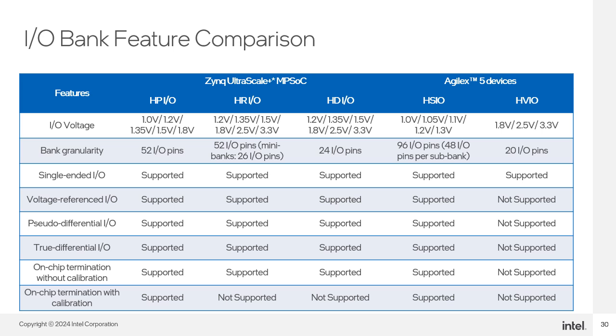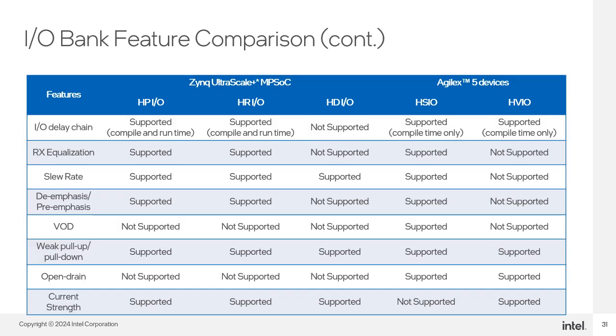The I/O types are mainly comparable between Zynq UltraScale Plus and Agilex devices, but the I/O standard varies. Refer to the I/O standard comparison table to select the best match for the I/Os used in Agilex 5 devices. This table is in continuation of I/O feature comparison between Zynq UltraScale Plus to Agilex 5 devices from the previous slide. While most of the features supported are comparable between Zynq UltraScale Plus and Agilex 5 devices, the supported feature